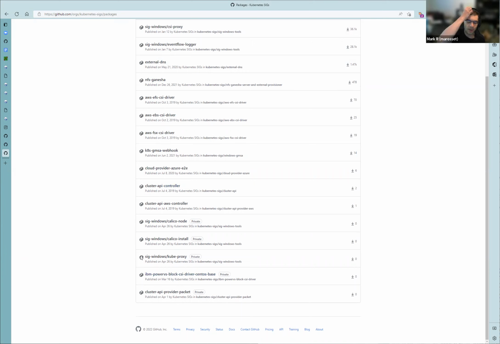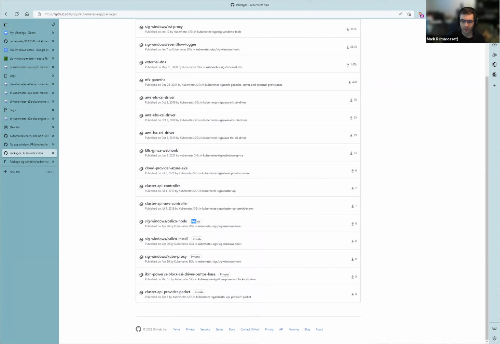I think I picked this up and I made it a conscious decision to only support the host process flavors moving forward. So we have the SIG Windows Calico node, Calico install, and kubeproxy. These images are set as private, and I have been trying to figure out how we can open these up to the public.